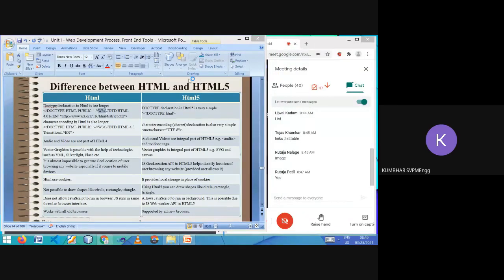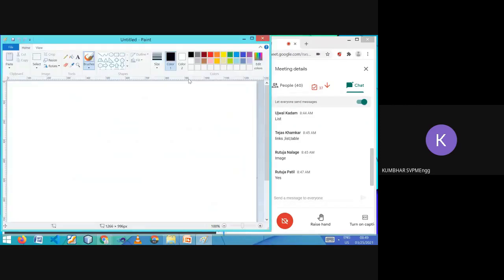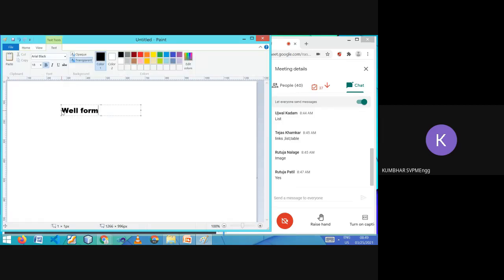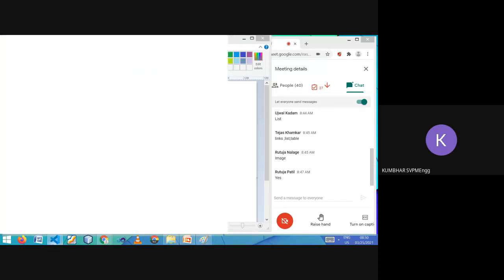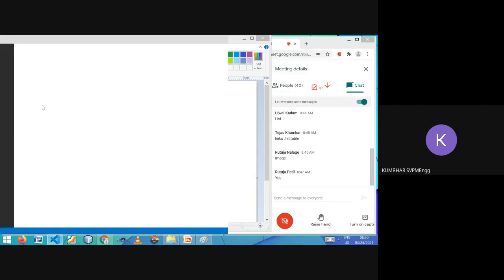They have defined the well-formedness of the HTML page. Now, what is a well-formed HTML page or well-formed web page? See, as we know that we are going to use different tags. So let's see what happens if we are missing something, if we are not using the tags properly. Let's check what happens. So I'm going to write one code now in Visual Studio Code.